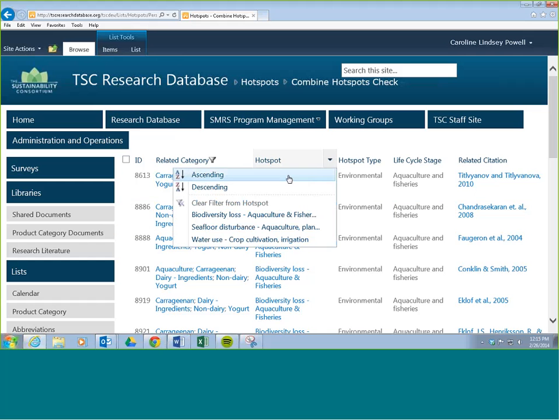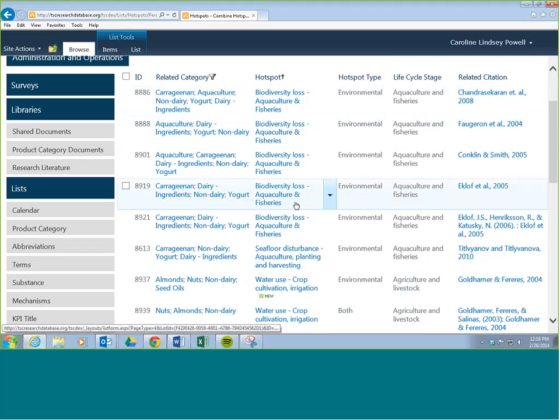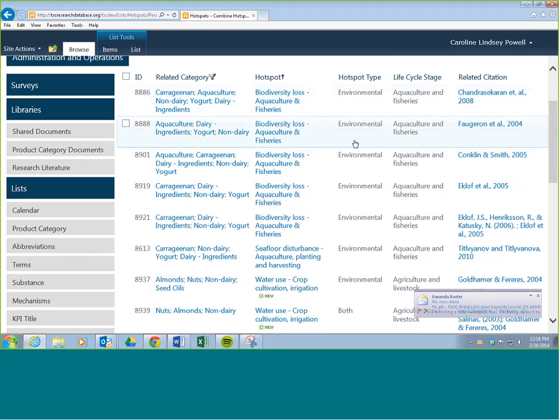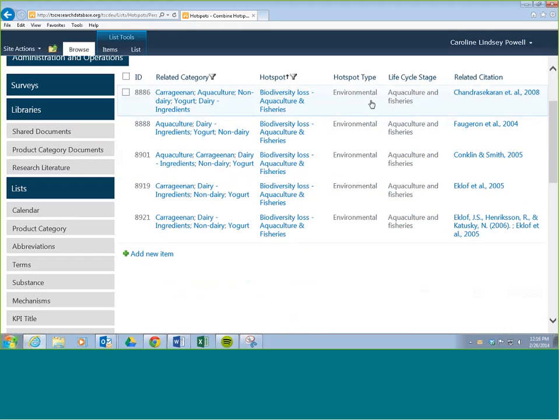So if I were to sort ascending, you could see this hotspot called biodiversity loss - aquaculture and fisheries. We want to make sure that if these four items are the hotspots that I want to combine, then I want to make sure that all of the names match and that the hotspot types and the life cycle stages match. So if I were looking at that first one, I would try to make sure that everything was environmental